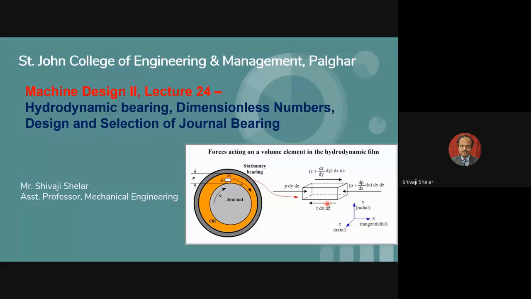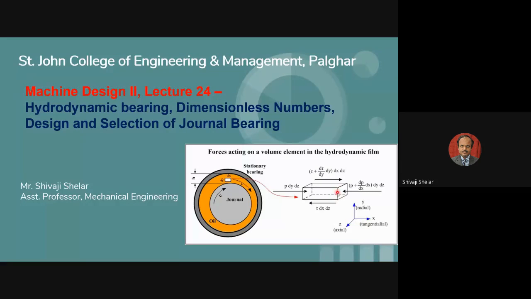We have learned in fluid mechanics that whenever there is fluid flow between two layers of fluid molecules, a shear stress is developed, and the force acting on that surface will be shear stress. So there will be pressure force normal to the surface, and there will be tangential force, which is called shear force. This is the shaft. Z represents the axial direction of the shaft, Y is the radial direction, and X is the direction of the flow.